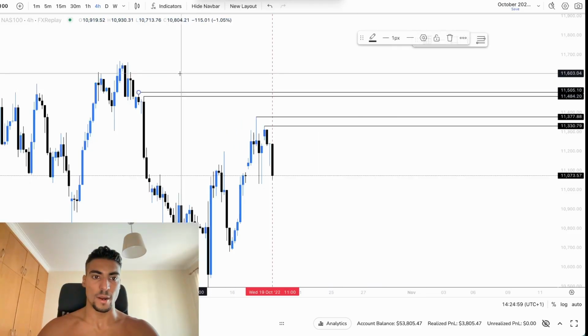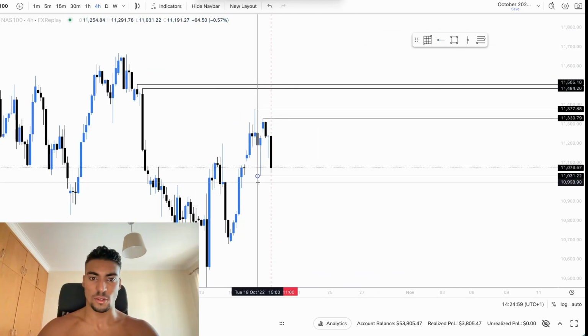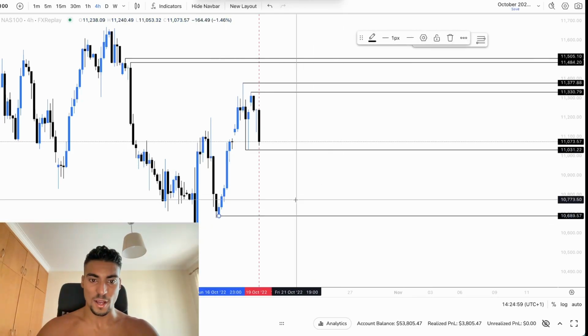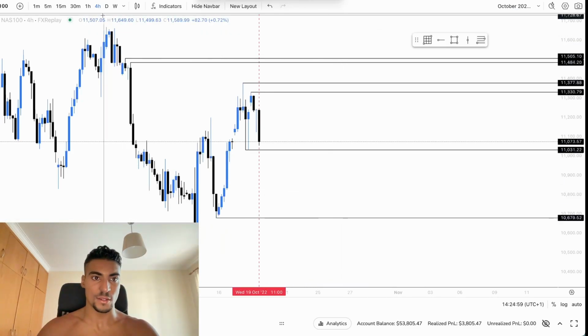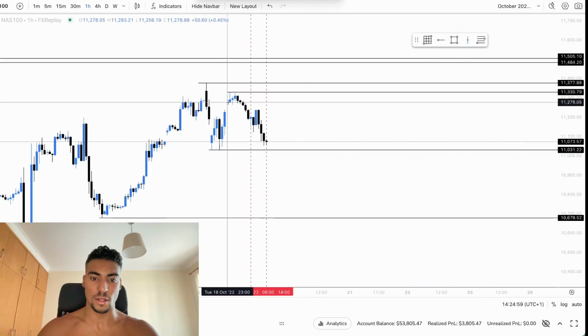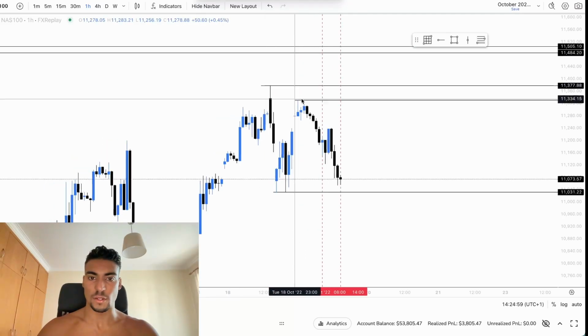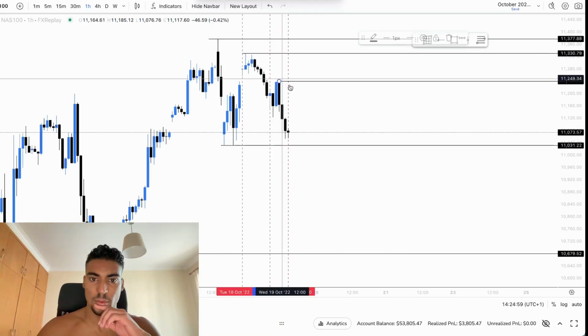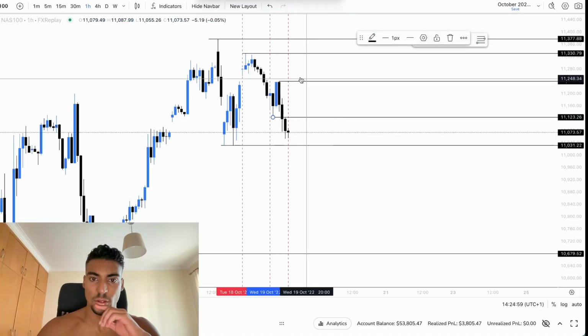If you guys are new to this, we are marking session highs, 4 hour highs and 4 hour lows, session highs and session lows. We'll mark in a bit. Let's just mark the session opens, London session open and Asian session open. Right here we have Asian session high, already marked down. We have Asian low, but it's already been swept, doesn't really matter. We have London high, and then we have London low, which we swept down.